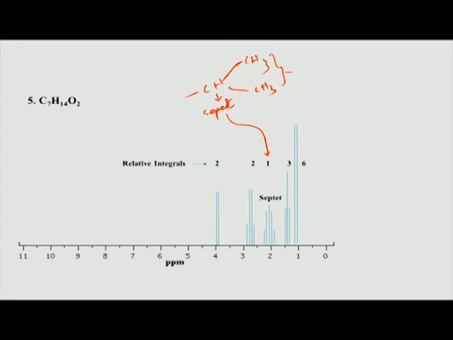Similarly, these two could most likely be this, because each of the 2 CH3s will give a doublet. Each of these CH3 is coupled to this hydrogen, and therefore this 3H will be a doublet, what we are seeing here, and this septet is coming from this hydrogen. Now, if you look at the remaining CH3 and this 3 and 2, again remember there is a downfield shifted proton corresponding to 2, which means it is most likely attached directly to an oxygen.